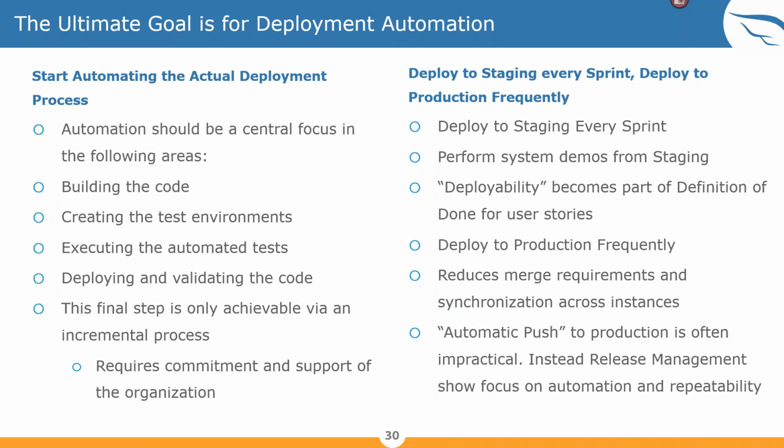So by deploying to staging from every sprint and doing those demos from staging, you're going to give the teams as clear a picture as you can of what they should expect to see in production. So this term deployability becomes part of what you're saying when your user stories are done. If I tell you that the user story is done, and then you ask, okay, how are we going to move it into an environment to use? I say, well, I really haven't thought that through yet. Well, then the story's not done. The story not only needs to be the functionality, but how am I going to deliver that